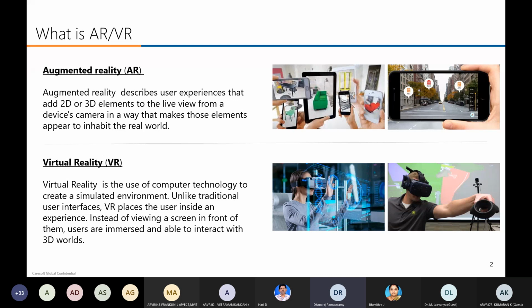But in virtual reality, you can't see anything of the outside world; you are immersed in the virtual environment. So mixed reality is a combination of both. You can see the outside world as well as the virtual world. That is called MR, mixed reality.